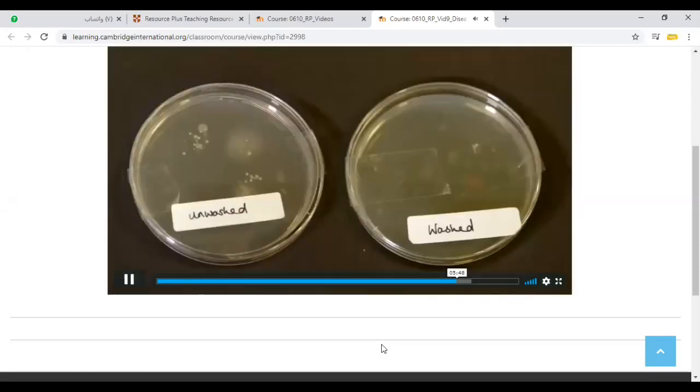Notice that there are more bacterial colonies growing on the unwashed sample than on the washed sample. There is also a larger variety of bacteria types. This experiment demonstrates that there are bacteria living on our hands that can be transferred by touch, and that washing hands reduces the number of bacteria